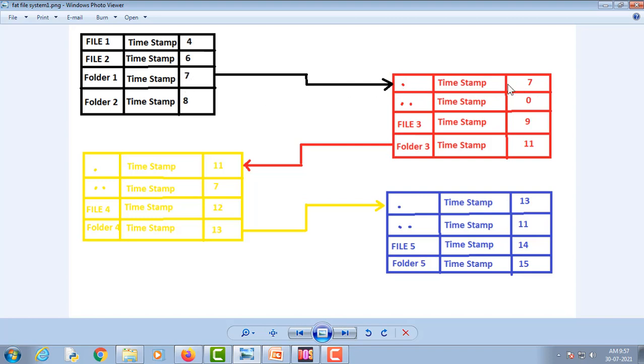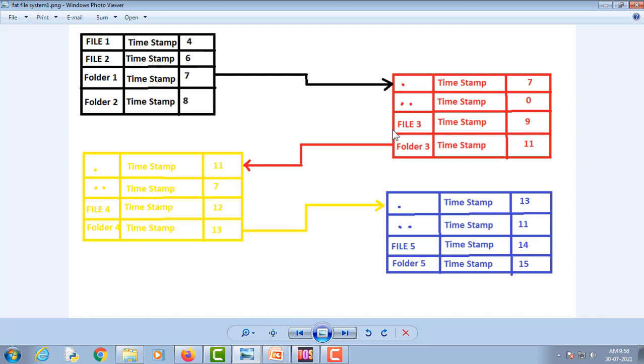It means that this dot is pointing to this current subdirectory. Now this double dot is representing its parent directory. As you can see, its starting cluster is 0. It means that it is pointing towards the root directory.